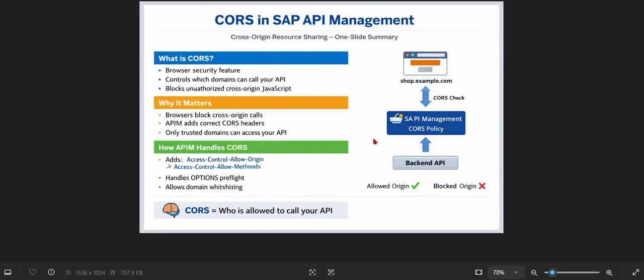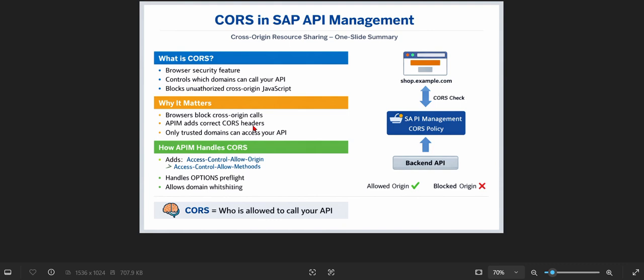The browser blocks these by default for security reasons. To allow it, the API must send back special headers telling the browser, yes, I allow the request for both domains. These are called CORS headers. Without them, your web application simply cannot call the API from the browser, even if the API works perfectly in